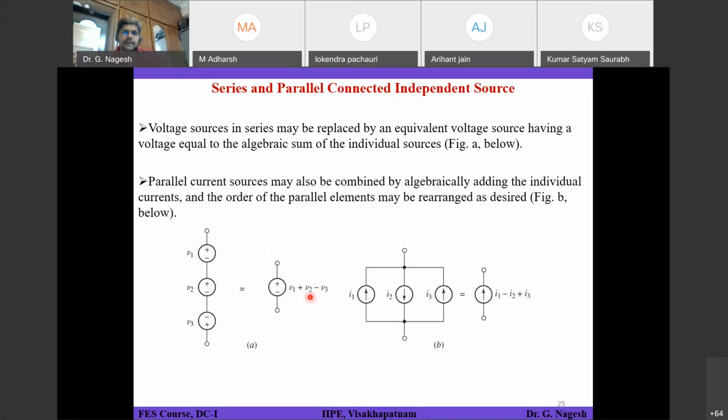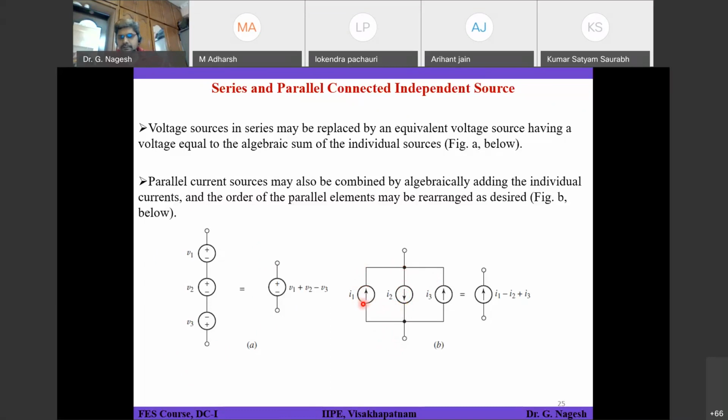So next, coming to parallel current sources. That means if there is a scenario in your circuit where some 2 or 3 current sources are connected in parallel. When I say parallel, the one thing you have to understand is they are connected across the same pair of nodes. That means if you consider the top node, I2 is connected to this point and I1 is also connected to the same node, and the other terminals of those sources are connected.